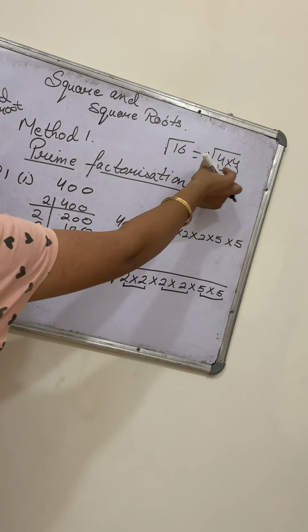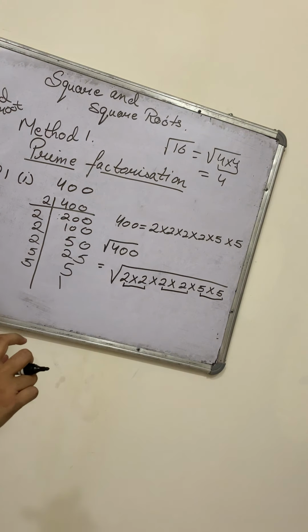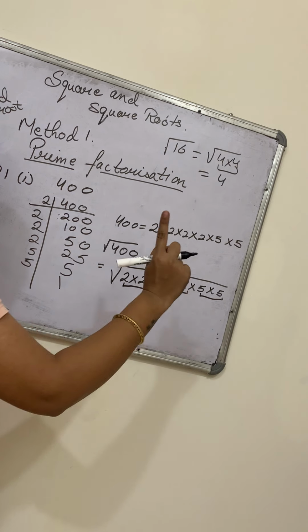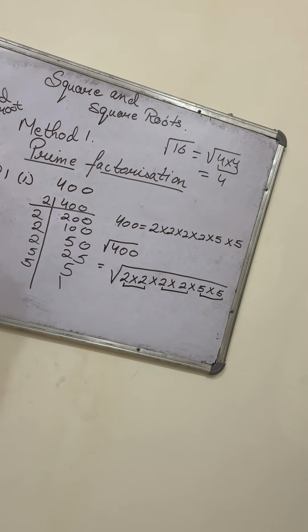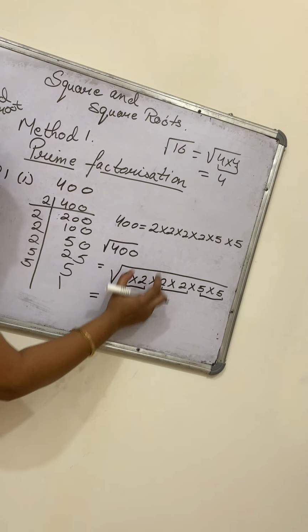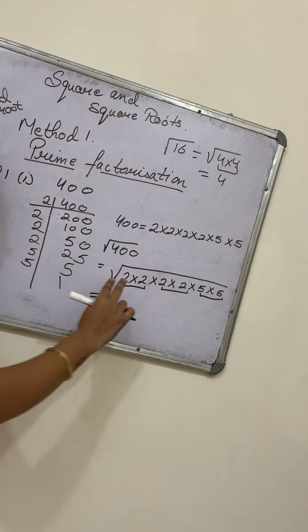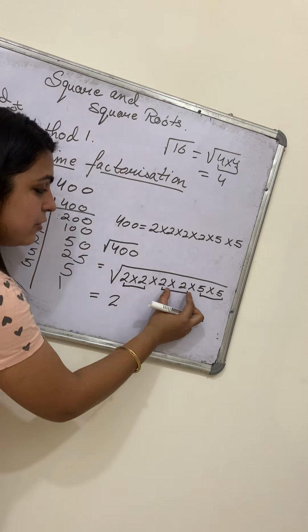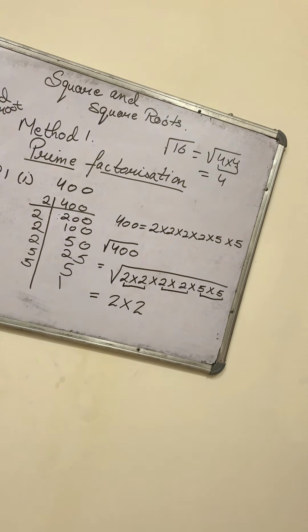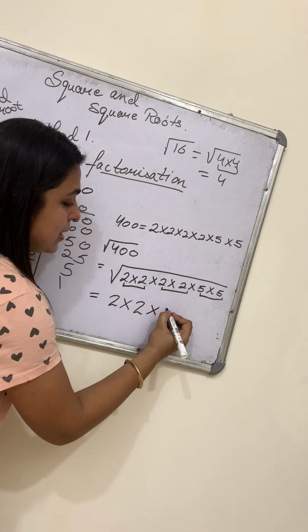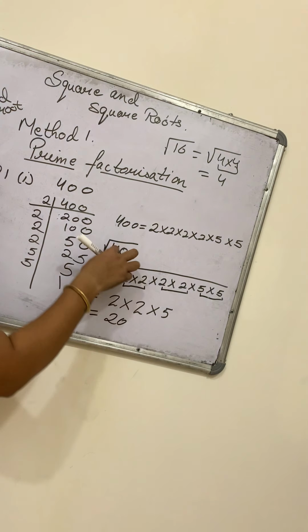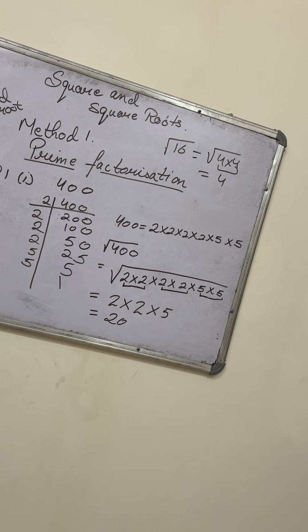जैसे यहाँ था, this was one pair. Out of these two, one came out. So here also we are going to pair the numbers. This two will form one pair, this two will form one pair, this two will form one pair. For one pair, दो में से, like out of two we were taking only one number. So यहाँ भी इन दोनों में से will take only 1, 2. ऐसे ही इन दोनों में से we are going to take it 1. ऐसे ही इन दोनों में से we are going to take it 1. 2 2s are 4, 4 5s are 20. Square root of 400 is 20. That means 20 multiplied by 20 will give you 400.